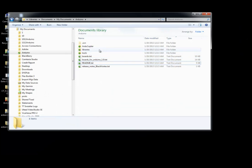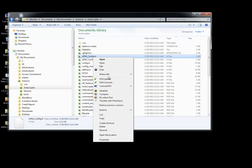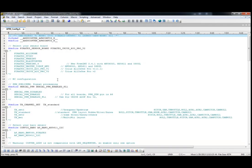So the meat and potatoes, we're going to go over into Ardupilot. Now the file where all the magic happens is apm_config.h. So let's go into Ultra Edit and take a look. We're going to do a quick tour of this file, and I'm going to show you some of the basic things that you're going to be activating. And we're talking specifically about a Crius All-in-One Pro